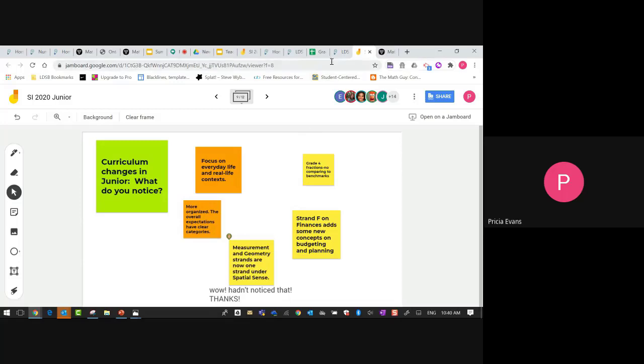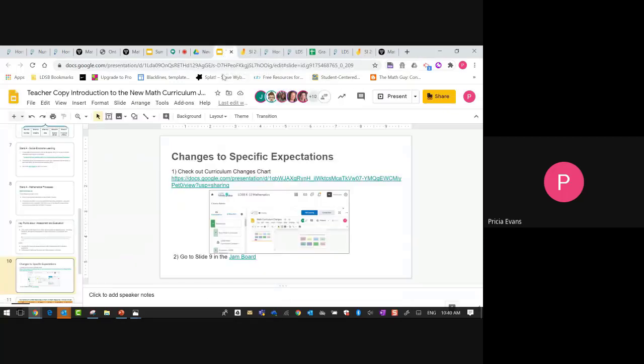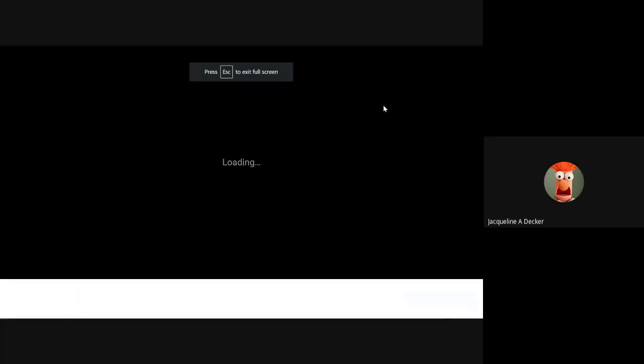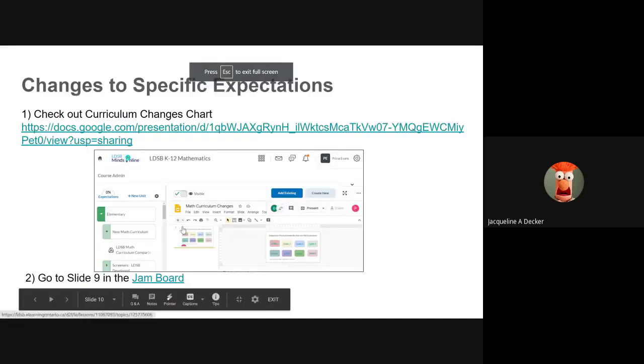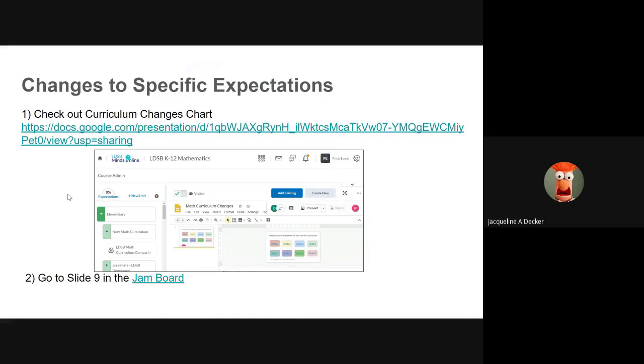And I'm going to go back to, and Jackie, do you have anything to add there? The only thing I would add there is when I first saw these documents that Prisha had created, I had two reactions. My first reaction was, these are incredible. She's done so much of the thinking for us to help point out the most important things we need to pay attention to. So I was so appreciative of that. And the other thing I noticed was I got overwhelmed. And so I had to go away and come back a number of times to dig in.